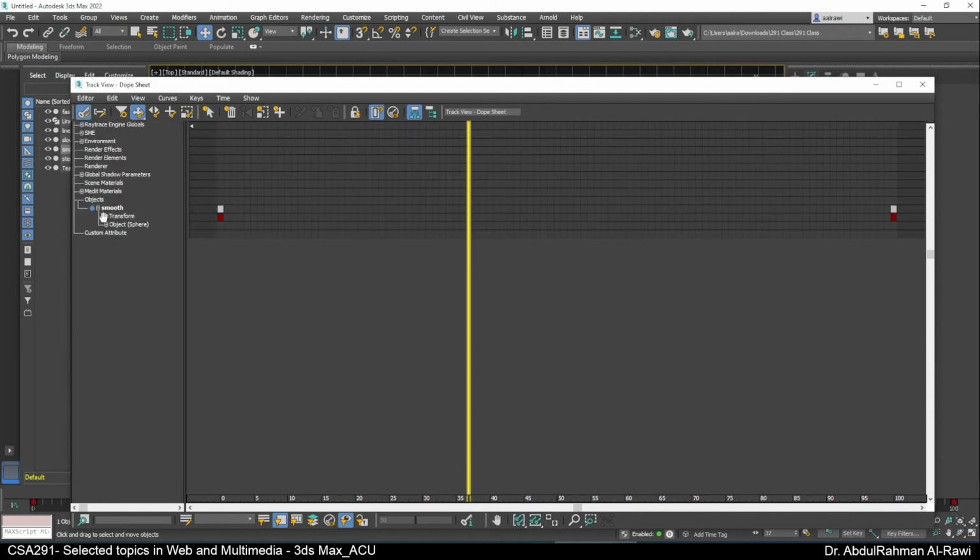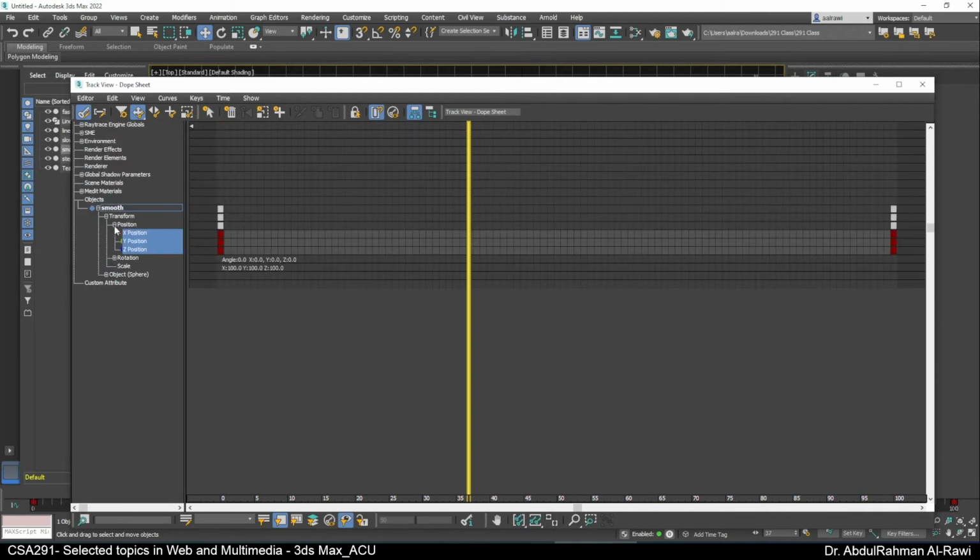See here, this is the smooth sphere, transform, position. I have position X and Y. There is no animation along Z. Actually, there is animation only along X. There is not even animation along Y. Of course, always remember that, as we will see in the curve editor, let's just wait until we go there to talk about the X and Y